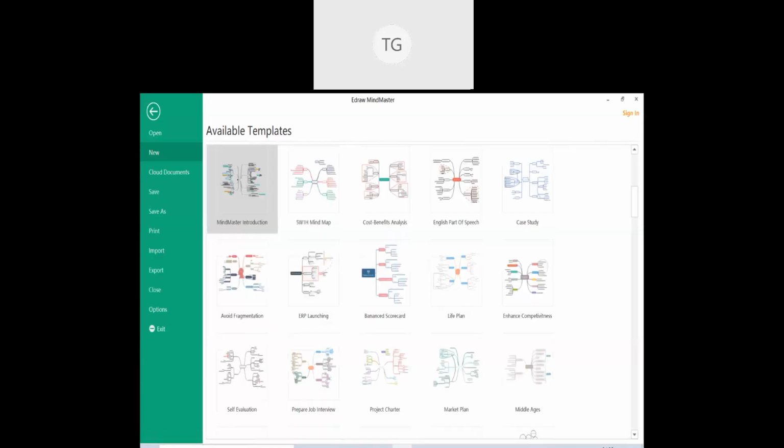Then apart from a structural template, there are also certain examples. It might really astonish you that mind maps are used in such a great variety of applications. And rather than drawing your mind map from scratch, this software provides you with certain pre-coded template examples. Like if I have to do a cost benefit analysis for a company, I can always select this cost benefit analysis template. I can start drawing or editing my content in this template. So these are certain predefined case studies where mind maps are used.